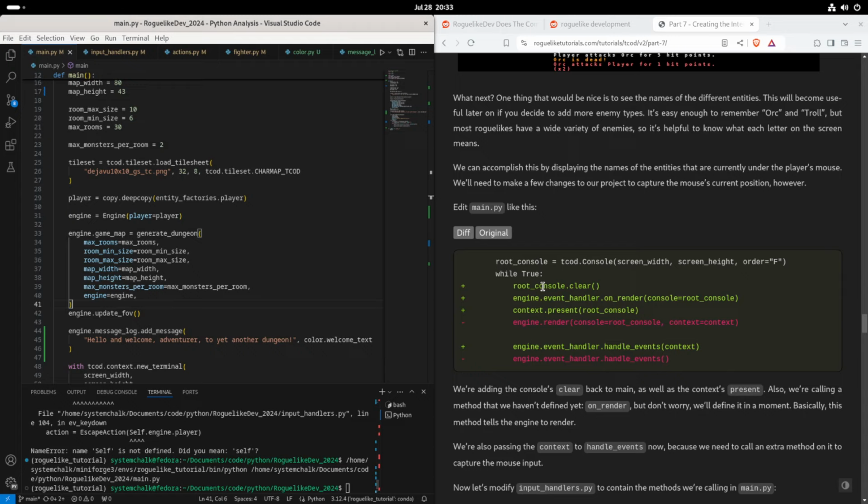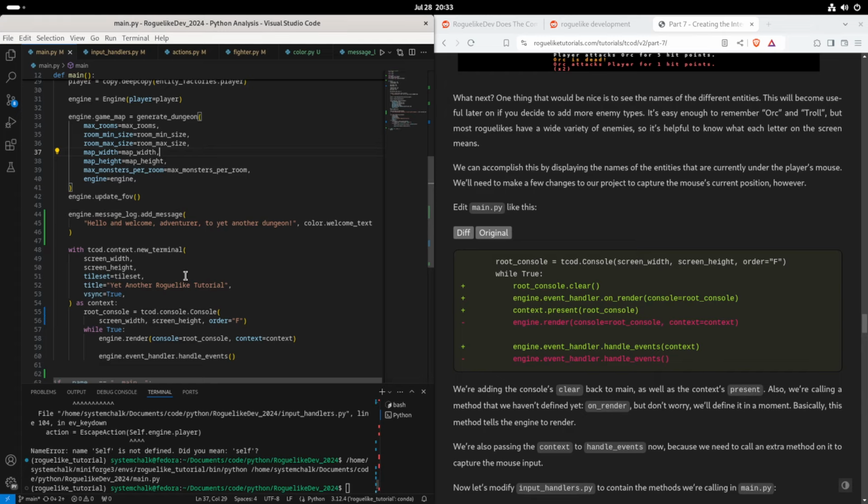Oh, I wasn't even thinking that there would be a mouse interaction. That's neat. We can accomplish this by displaying the names of the entities that are currently under the player's mouse. We'll need to make a few changes to our project to capture the mouse's current position, however. Edit main.py like this. So under root console,